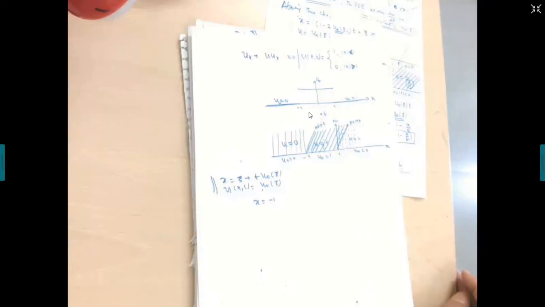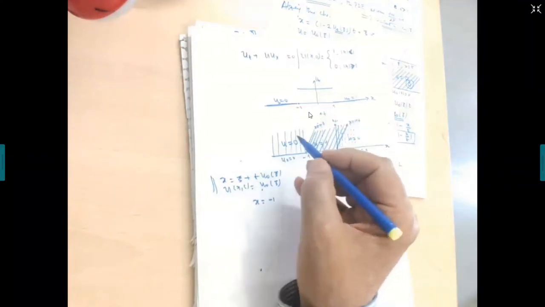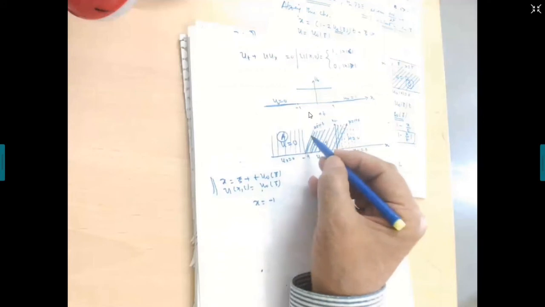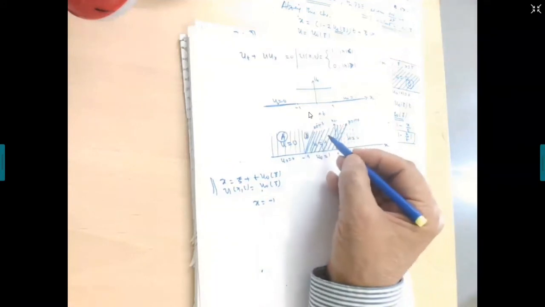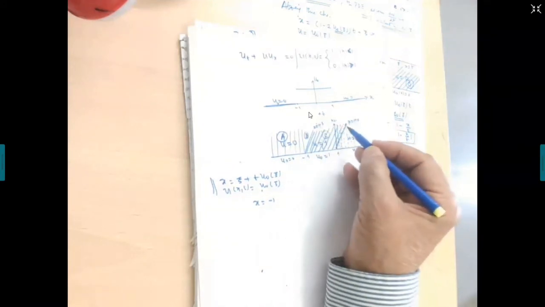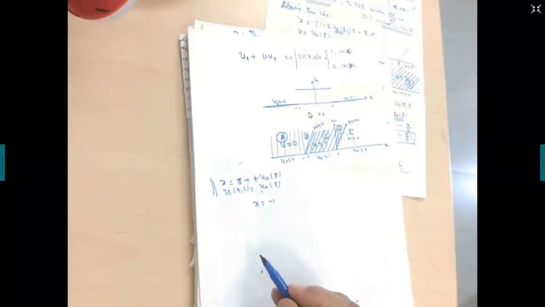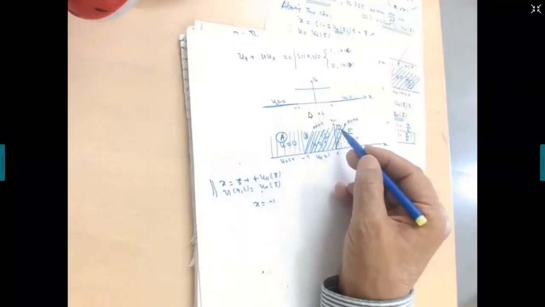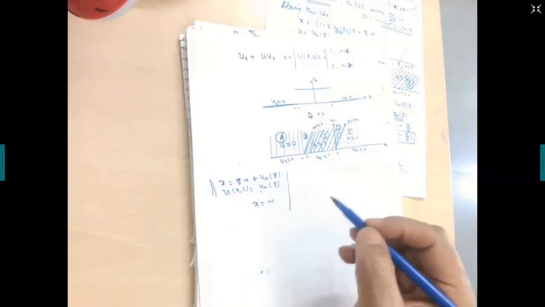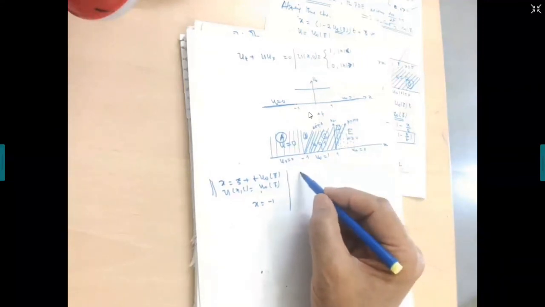No, we don't need to introduce a discontinuity here, but this is another region where we need to find a solution. A discontinuity has to be introduced only here. So tell me, suppose this region is A, this region is B, this region is C, this region is D, this region is E. All right. So in D, what is this discontinuity? Can you tell me quickly?